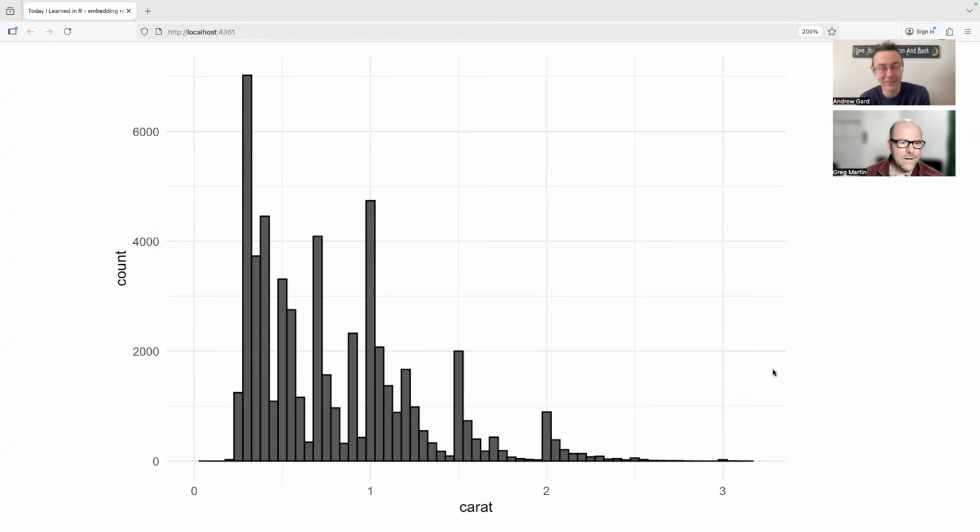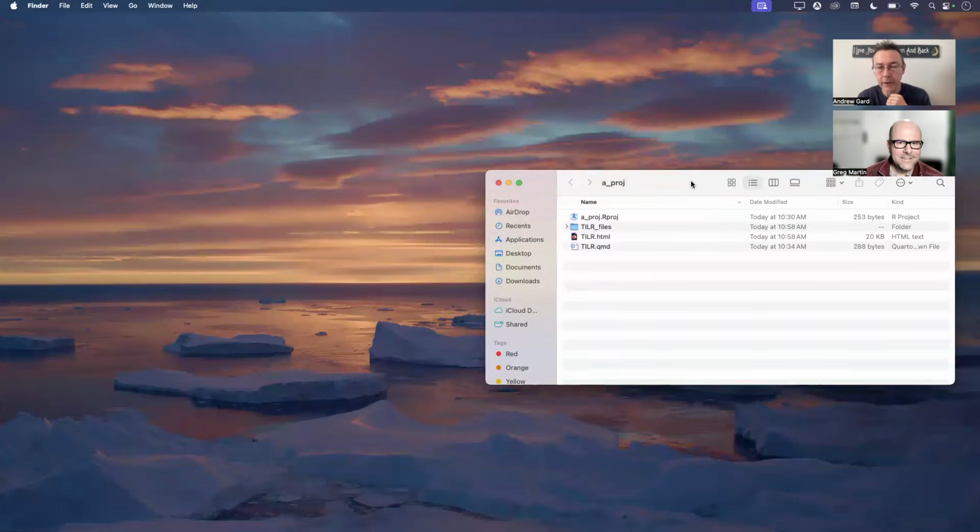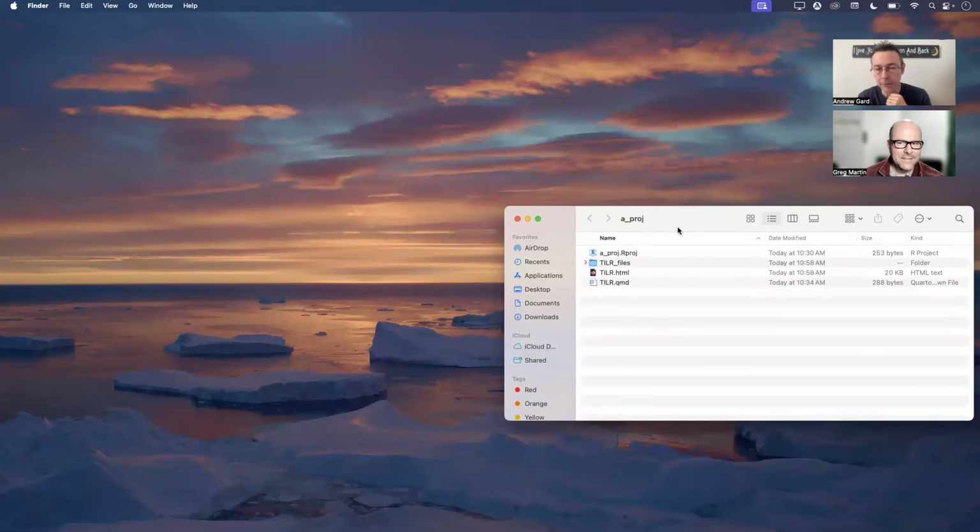So this is an example of the sort of fine-grained plot that gives you a lot of information that you wouldn't get if you were just making a mathematical model or something. Anyway, the thing I wanted to show you is that if you're looking at my folder right now,